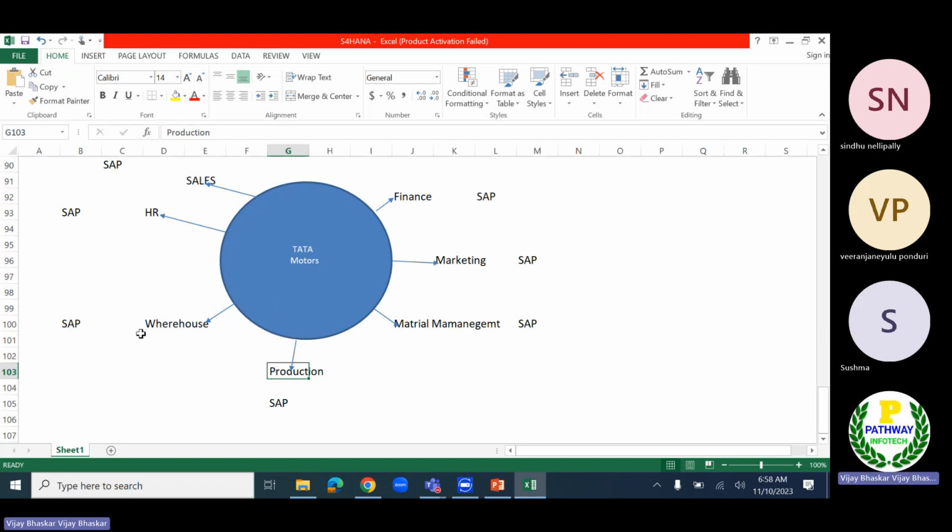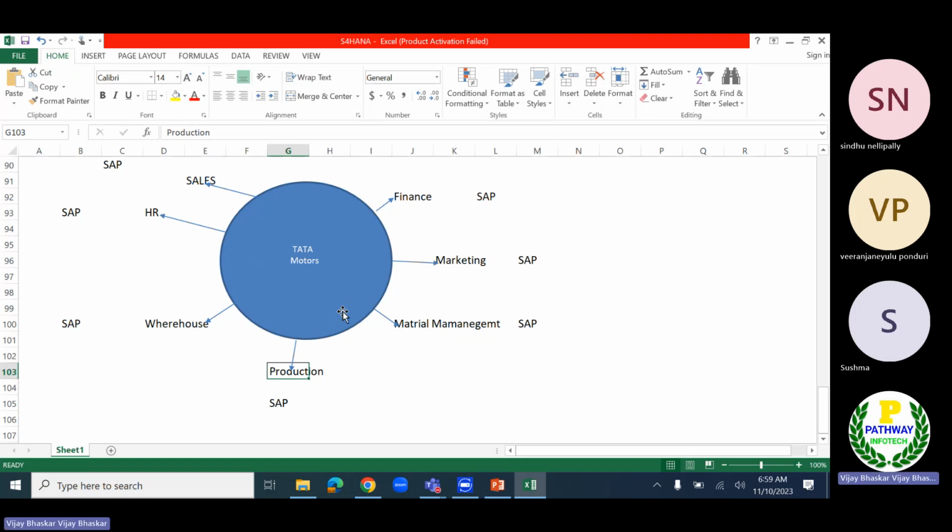If they have sufficient material quantity, that is fine. If they do not have sufficient quantity, they will raise a production material requisition in the system. Automatically, it will trigger to the material management department.